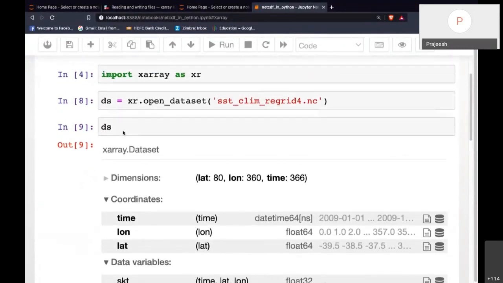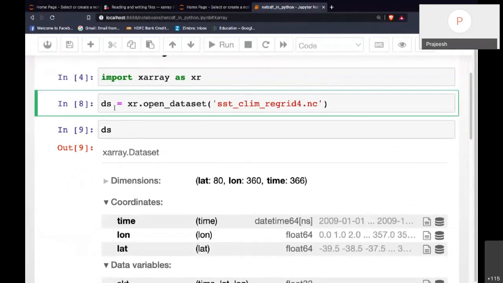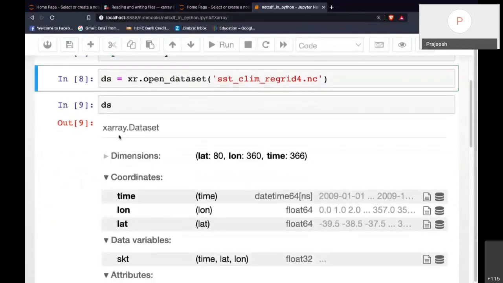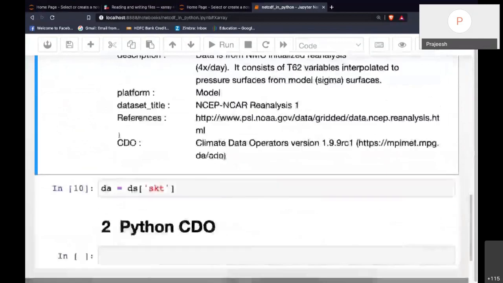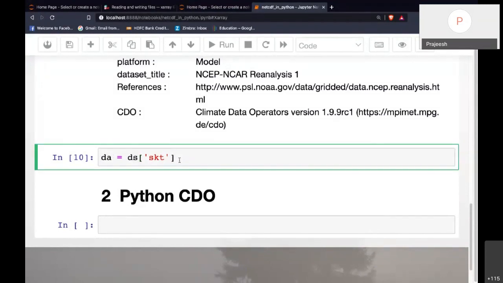When you open a data set like this, what you get is an xarray Dataset object, and a variable is a DataArray object.